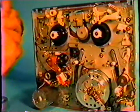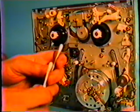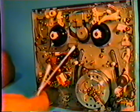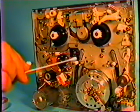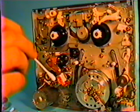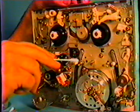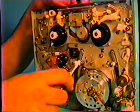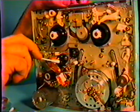Where you can take your Q-tips like this, or a wooden handle one that's longer, because if you're dealing inside a machine, sometimes you can't get at them and you need to reach in from a very far distance. You dip these in alcohol so that they're wet. You don't want them sort of dripping wet. Then you want to wipe these off and get them nice and clean, back to the shiny metal that they are. The same thing applies for the capstan shaft,